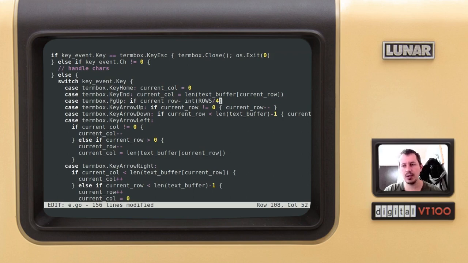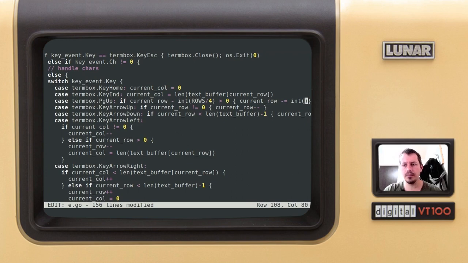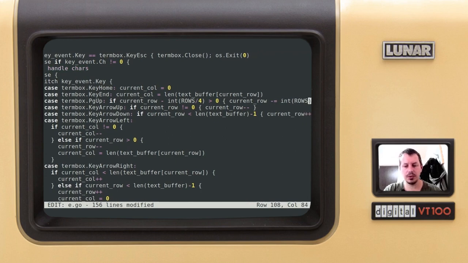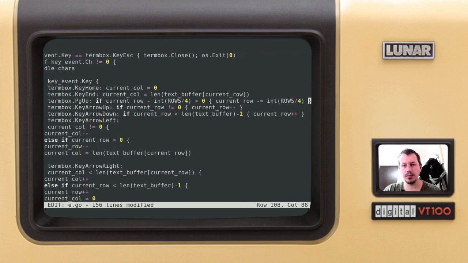So if it's like 24, then that's 24 rows divided by 4. If it's more than 24, that would be different values, so that I have smooth scrolling, which is a really comfortable way to scroll. So if this is greater than 0, to avoid any overflows, in this case current row minus equals integer rows divided by 4. Okay,